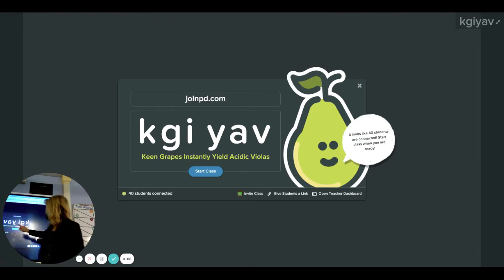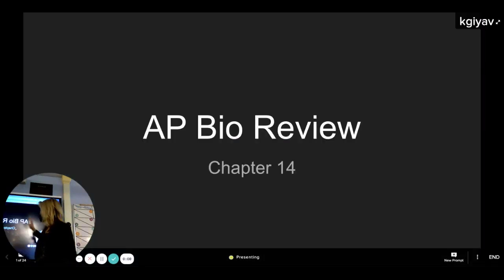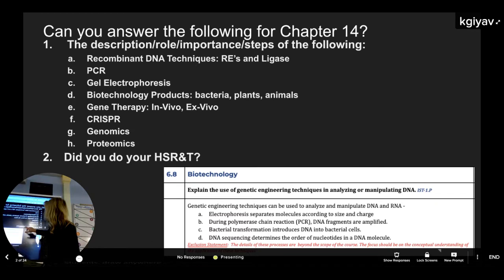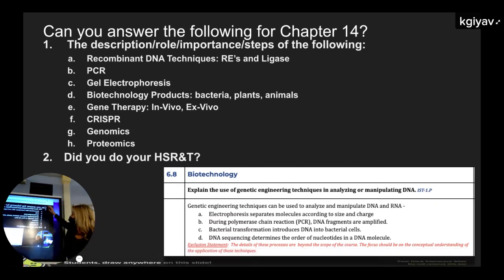So we are discussing Chapter 14, Biotechnology. Basically, there are several different processes you need to be able to understand and apply. Let's look through the list right here. For each of these, you want to be able to describe the steps of it, or the importance of it, or the role it plays. So you have recombinant DNA techniques with restriction enzymes and ligase, PCR, gel electrophoresis, biotechnology products, things that are transgenic,